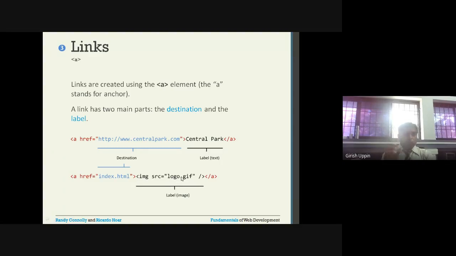When the HTML is loaded, you will see that logo, and when you click on it, it will take you to this particular file. In this case, this is an external website, and in this case, it is an index.html which will be residing on the same server or the same server location. That index.html page will open up that particular HTML file.